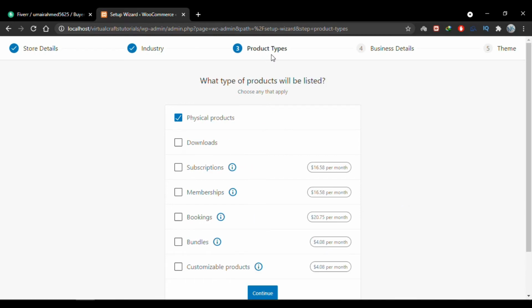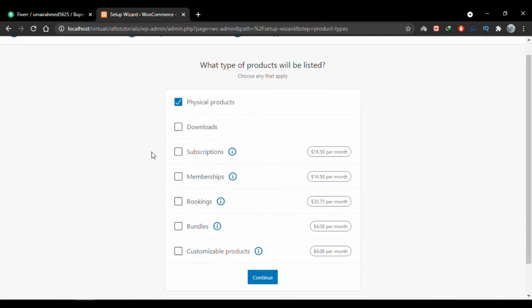And now in the third step we'll have to choose the product types. Now there are many product types in WooCommerce. The physical products are the products that are ordered and then shipped to the destination of the user. That is, they're a physical product, like an electronic equipment or an accessory or something like that, that physically exists. But sometimes if you have set up a bookstore, you don't have physical products on the store, rather you have books which cannot be shipped but they can be downloaded. So you'll check this checkbox that my store has downloadable products on it.